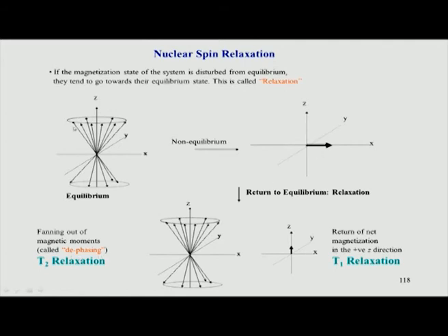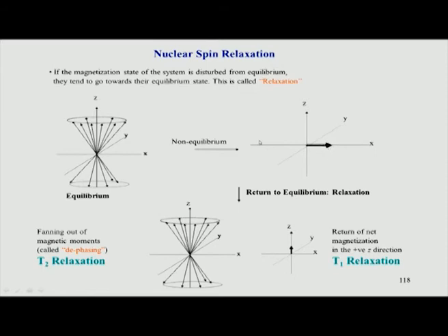Why is it dephasing? If you look at this picture again, they are all distributed around this cone. This is called random phase, they are all phased out, they are not together, so they are all dephased. But when you apply a pulse, they all come together in this axis. So, they are now phased.